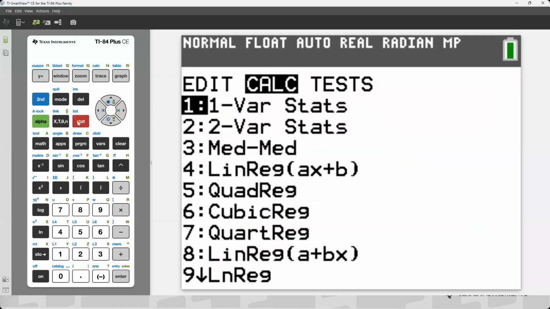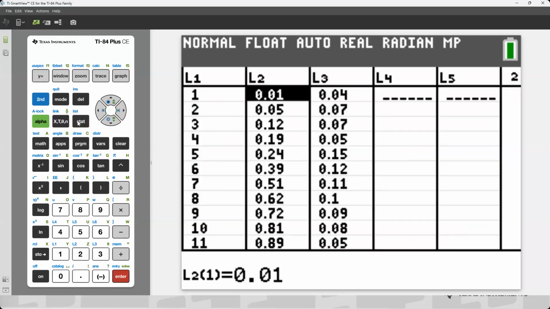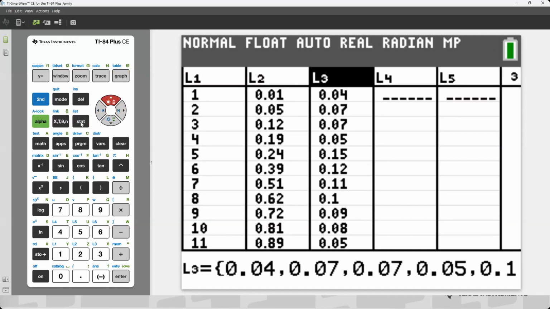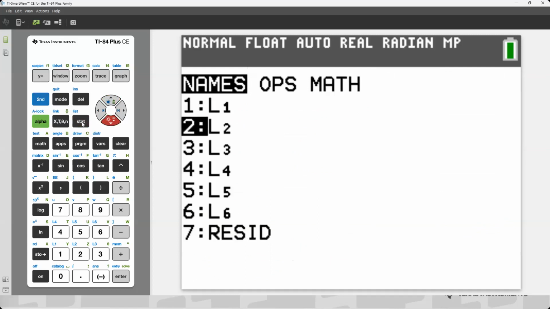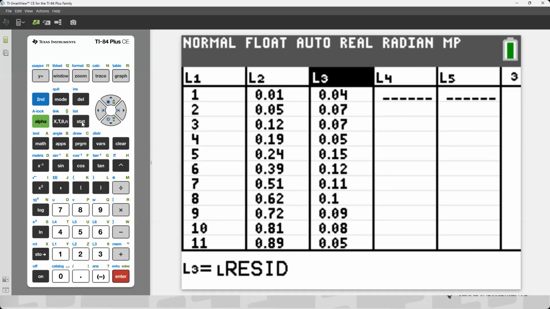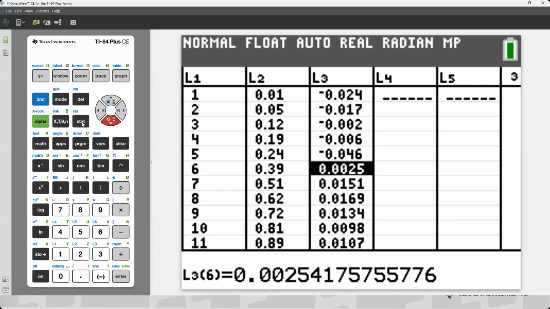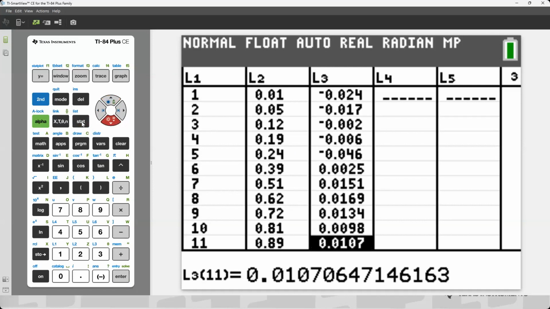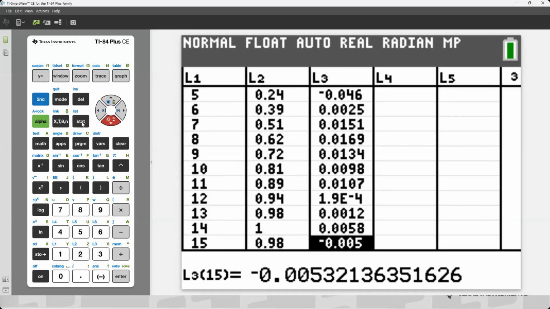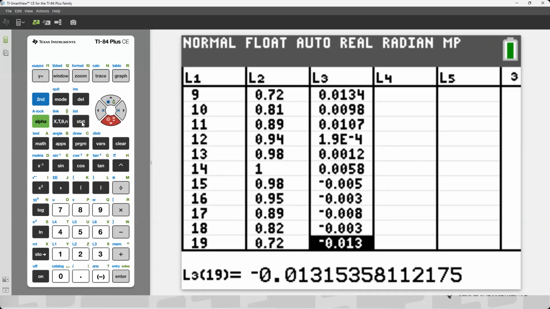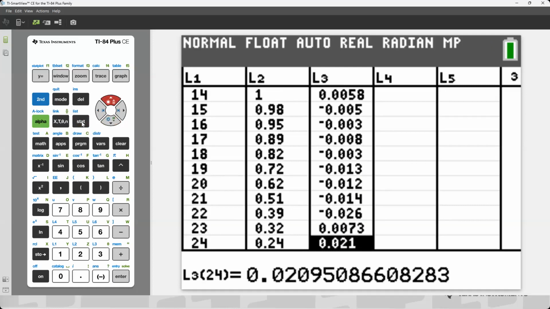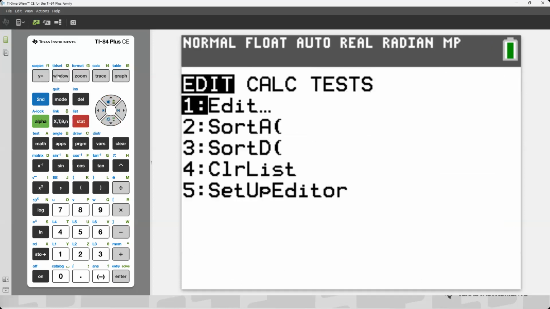And actually, I want to go into Edit because I just want to put my residuals up in one of these lists. And I'm going to put it in list 3. And I can just go into my list and go to residuals. And I'm going to hit enter. And there's my residuals there. And I really want to see a graph of the residuals, but right now I'm kind of looking for, do I have some above? Do I have some below? And that's what that positive and negative is indicating to me. But really, I think I'm going to benefit a lot from seeing this residual.